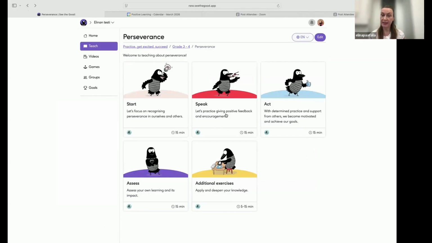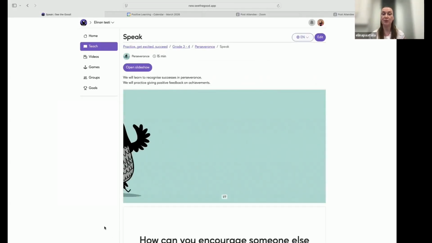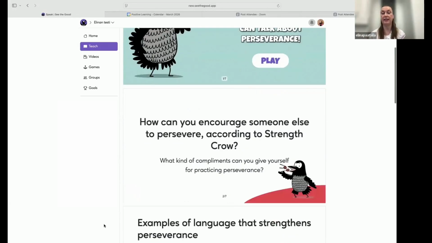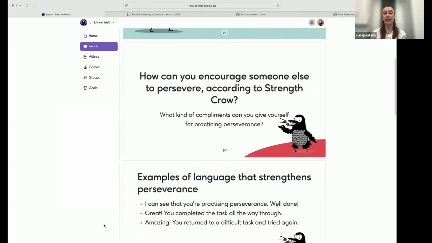And in speak session, we will then learn to encourage others. So when we see in our group that someone is being perseverant or in different kinds of situations, we can give them a thumbs up and positive feedback and encourage them.